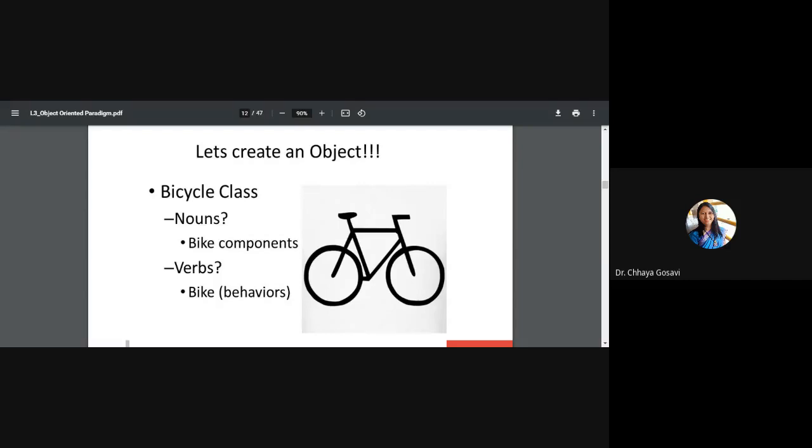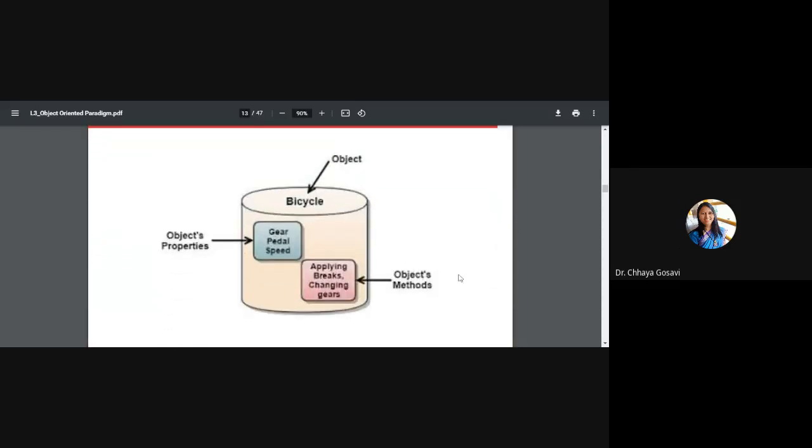Functions of a cycle, or its behavior: it helps us travel, meaning how much distance it travels. Then you apply brakes to stop, and you can change a gear, right? So this is called the behavior of a bicycle. So you can define a class